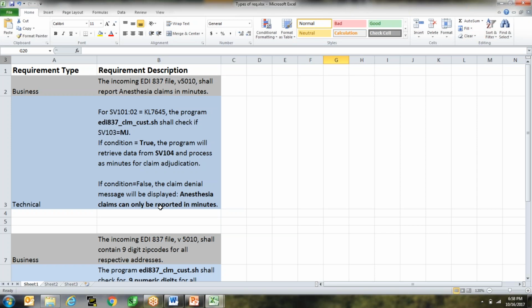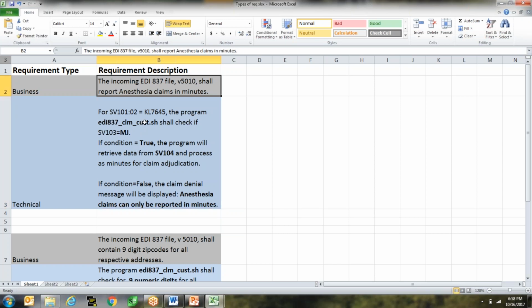You don't have to go to the technical. Just say that any requirement which pertains to the functionality of the system or the feature of the system is called a functional requirement. It can be at the business level, it can be at the technical spec level, like this. These are all the same thing, but for different people. This is for business stakeholders, this is for the developer, but they both